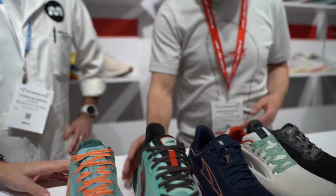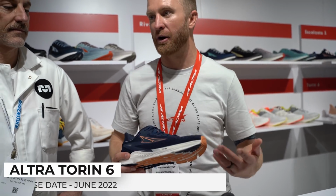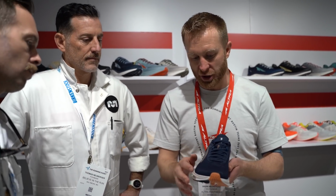Okay, Torin. So let's get to the Torin. The Torin is our best-selling shoe. The Torin 5 is out now. It's absolutely fantastic. The Torin 6 has the same outsole and the same midsole. This is the other shoe, along with the Paradigm, that has that Ego Max, that premium cushion. So you're looking at a $150 price point here. What the new 6 has, and this comes out in June of 2022, is